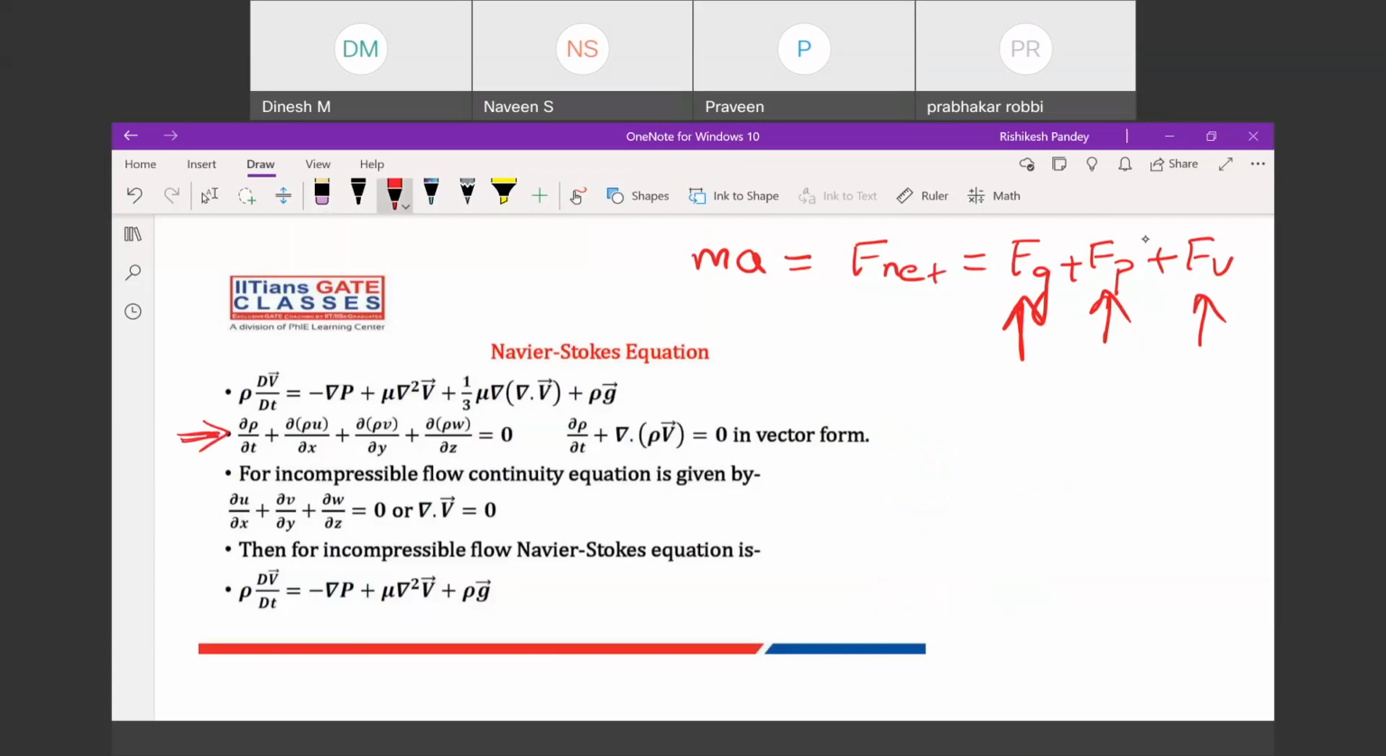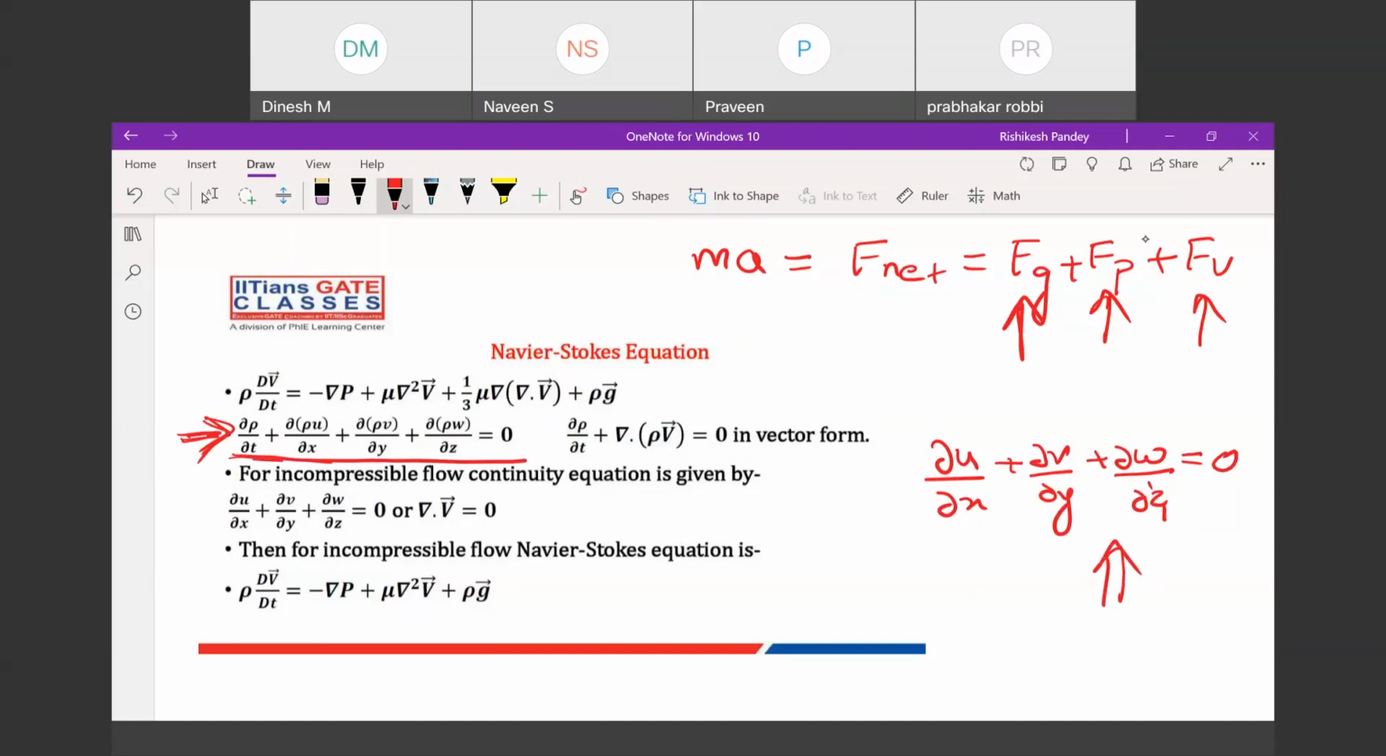Which equation is it? Which equation is this? Which equation is this? Continuity equation. Okay. This is also continuity equation, but for any fluid flow, like even if it is compressible flow,